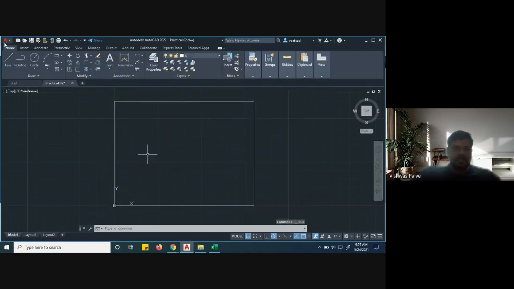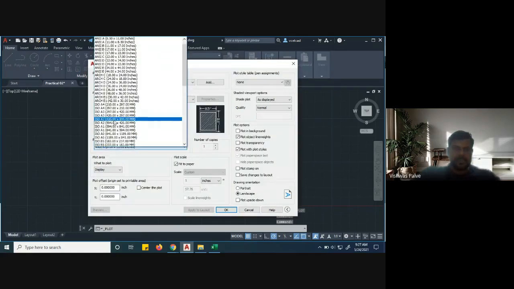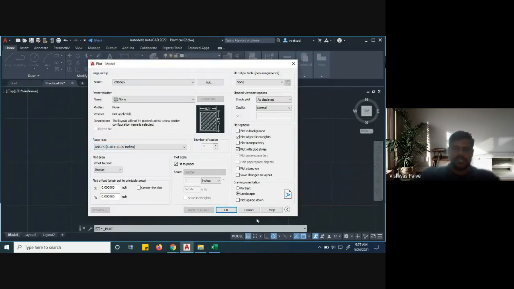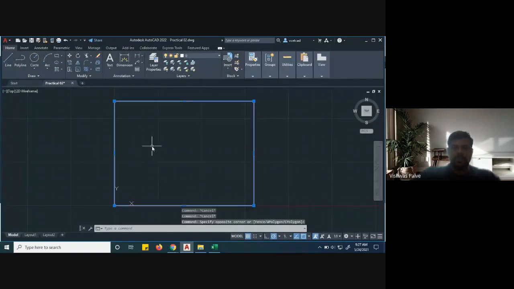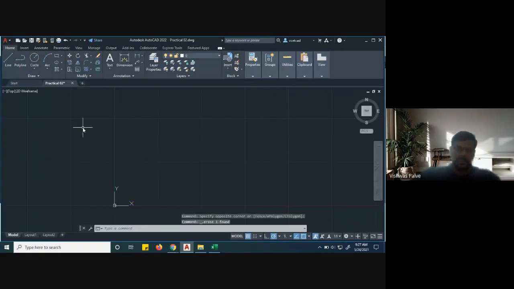If I want A4 size paper, then in the print option, there are the sizes of papers given in millimeters. If I want A4 size paper, what is the size? 297, 210. And if it is A3, then it is 420, 297, if we hold it in landscape mode. So by default, we are going to take printout in A3, so we'll set A3 paper. Suppose I want to delete this, just select it and delete it. With the keyboard there is a delete option, so you can delete that.